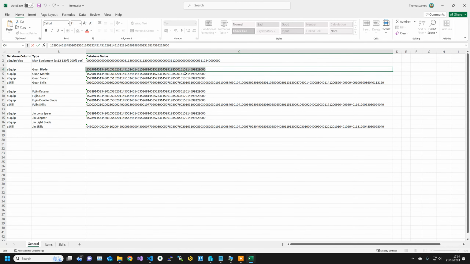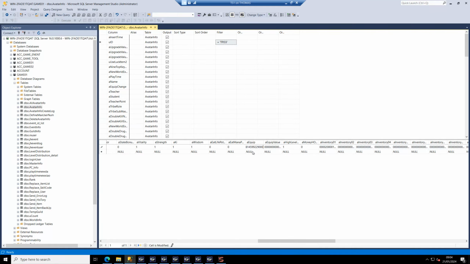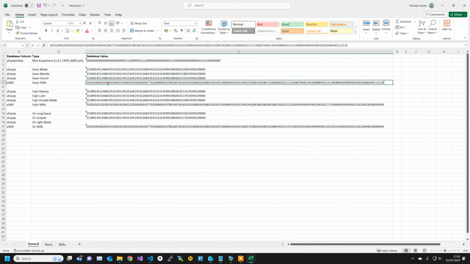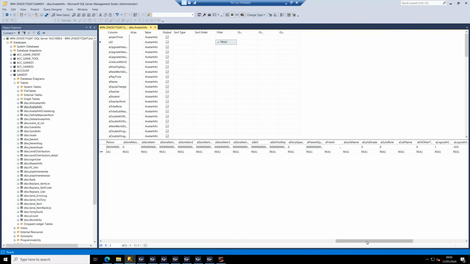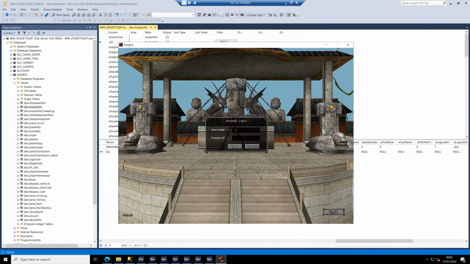So I'm going to blade, copy that, go back, change that value. I then also want to give myself all the skills that I might want. So if I copy the skill value in A skill in here, go back to the server, go along and on A skill, copy that in. Now if I was to log in again,